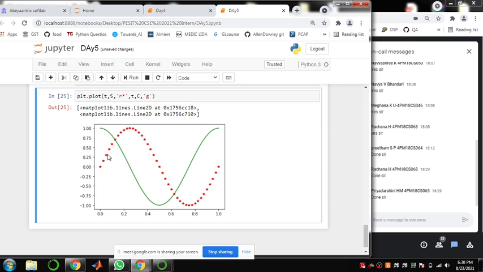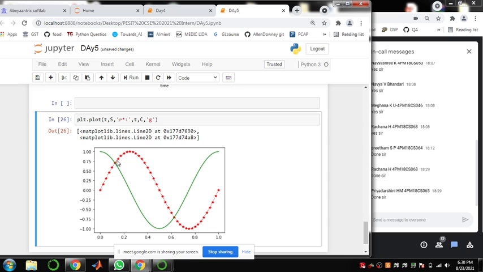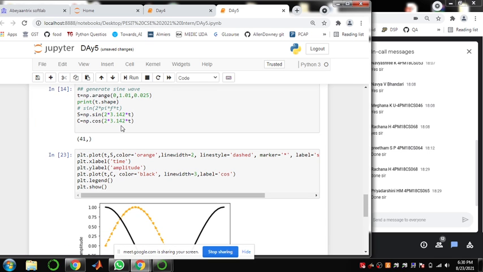Line connectivity is currently null. These markers are not connected. If you want to connect them, you use a colon operator, like dotted connectivity between the points. So I have written colon here. Like this, you can set multiple options for your line styles within the plot function. So this is one way where you mention the properties and set the property value.